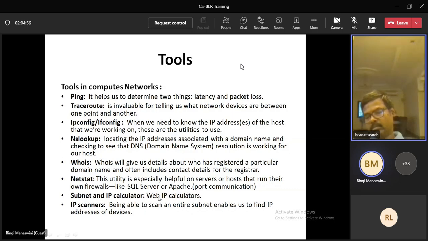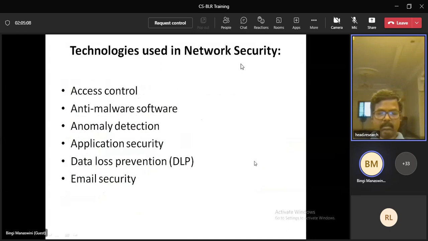And then the IP scanners, being able to scan an entire subnet will enable us to find the IP address of the device. And about the technology,